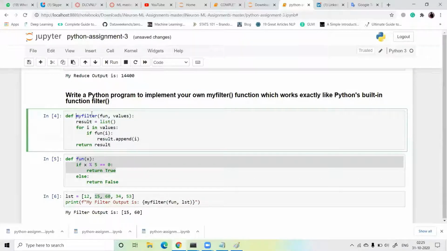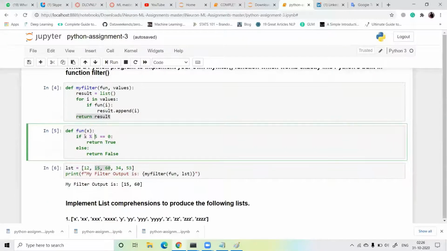Then I write the function: if x divided by 5 equals 0 then return true, or else false.